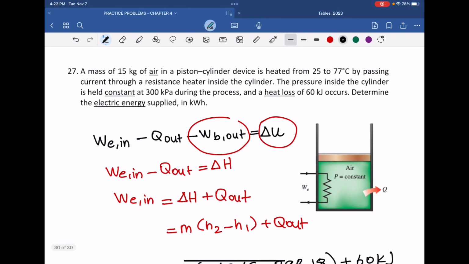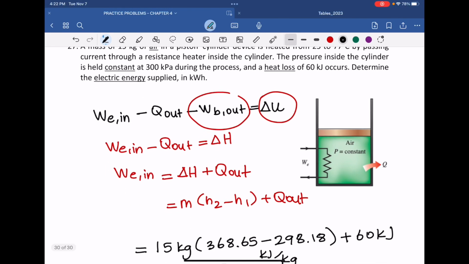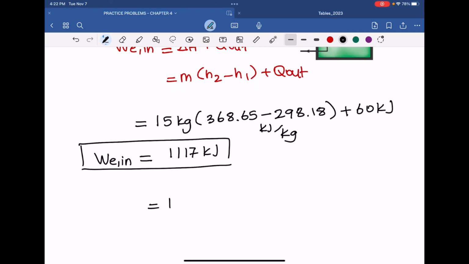Okay. Now here though they say find it in terms of kilowatt hours. So that means you might need to use a unity conversion ratio that you can utilize to do that conversion. One kilowatt hour is equal to 3,600